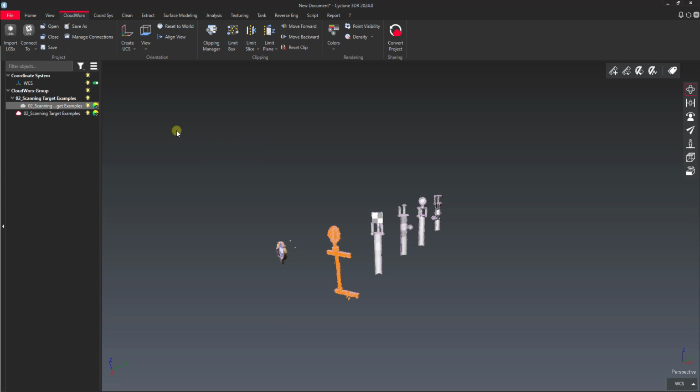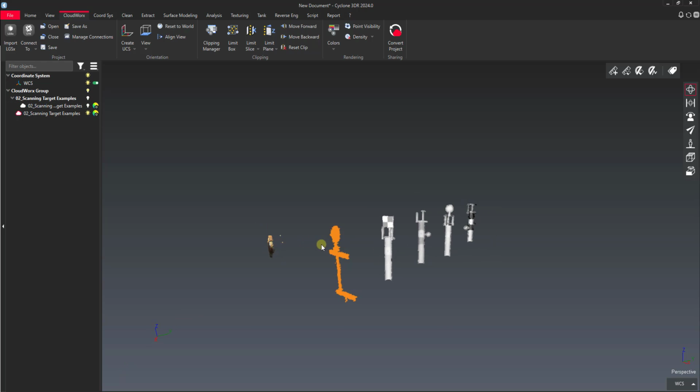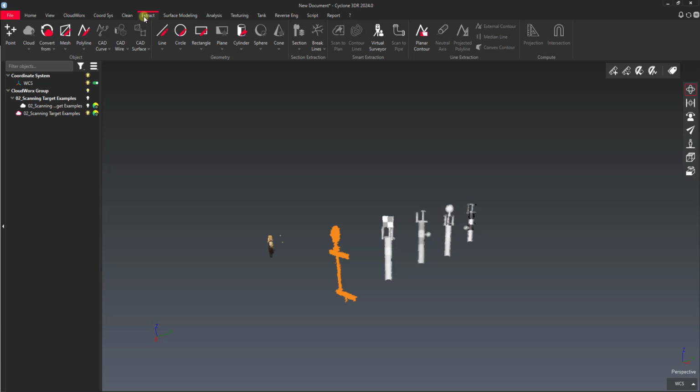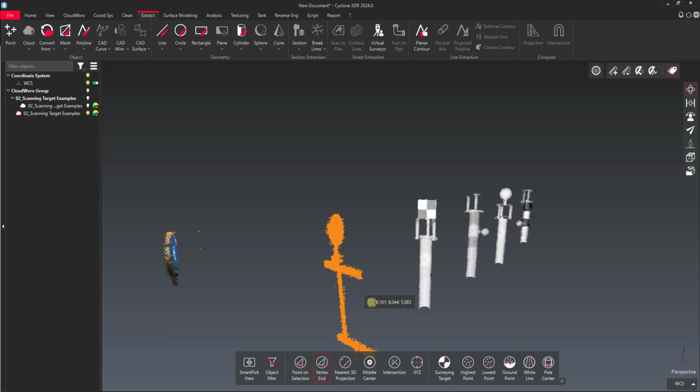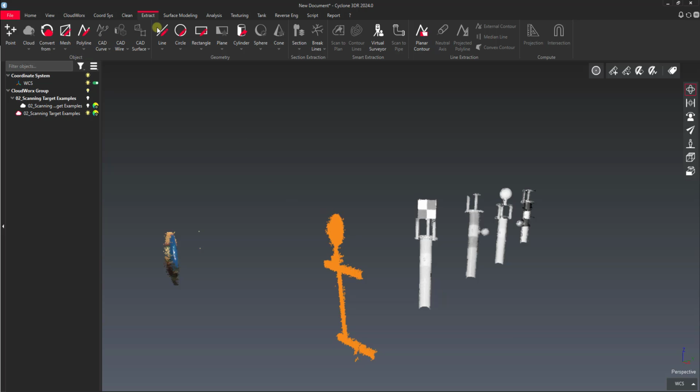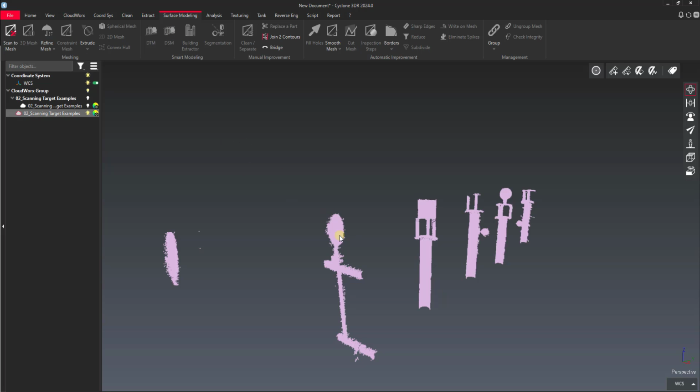So let me go over some of the differences between these two. The CloudWorks object, we can snap to it. So I'm going to turn off our converted instance of it, so we can snap to it. Like, let's say if I went to the extract tab, or if I wanted to pull a label, you can see we get our blue circle or a blue dot here that lets us snap to any of these vertices. So that functions. On surface modeling, we have the option to do scan to mesh, but you'll also notice